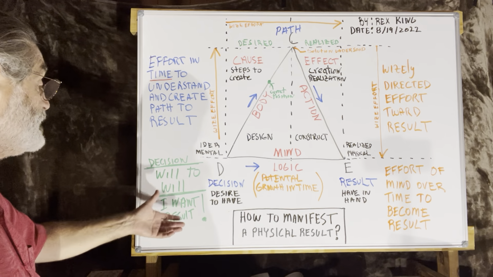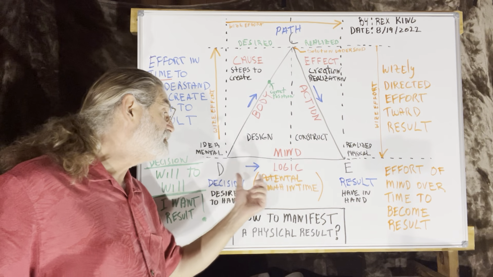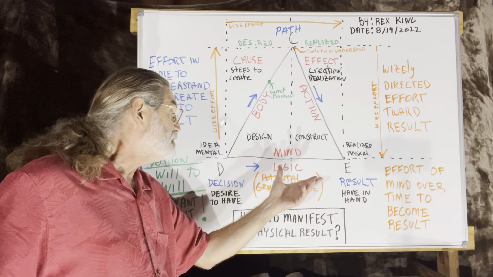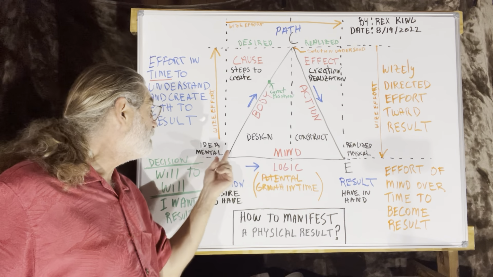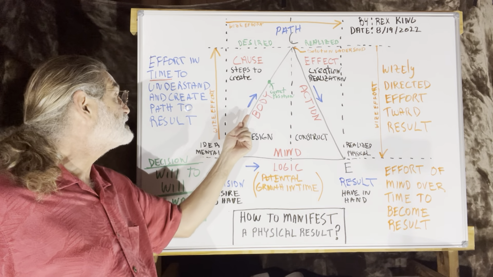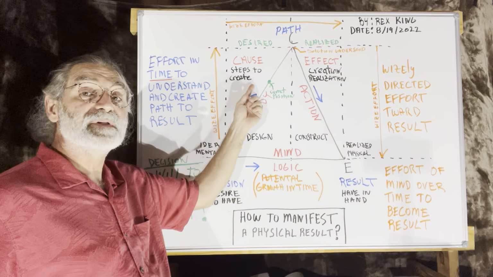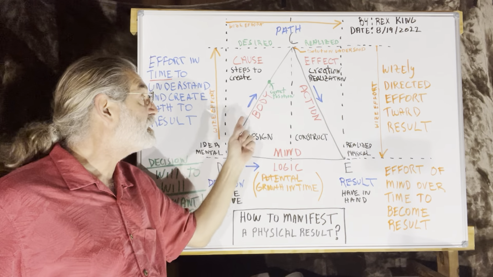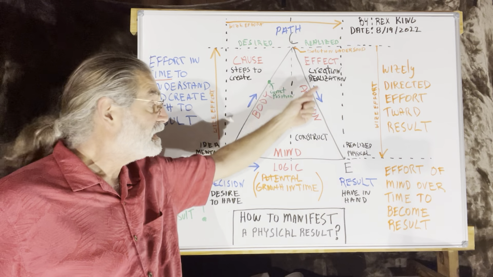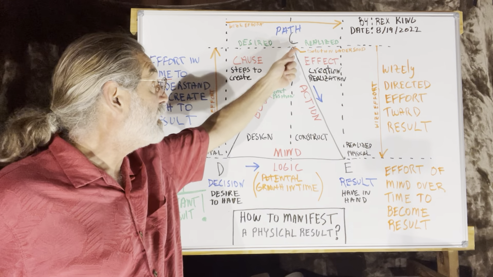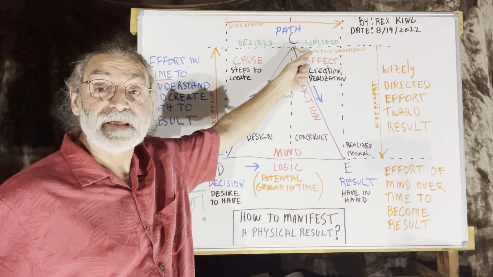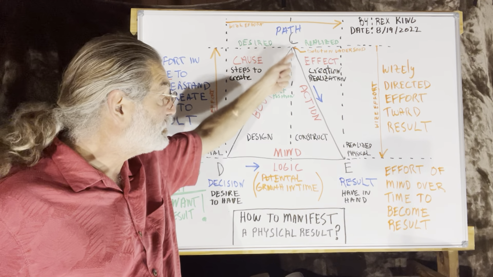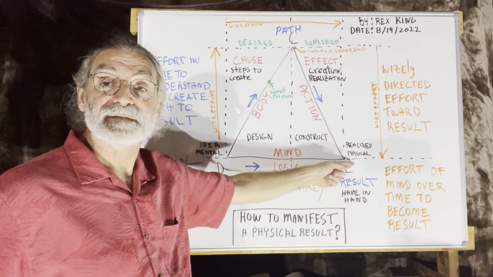You make a decision. What do you want? You see it. You visualize it the best you can. You begin to use logic on it. You contemplate, and you put wise effort into it to create the steps necessary to accomplish it, overcoming all the obstacles until a point where you actually can see the solution and see it in hand. And then at that point, you dedicate yourself to becoming wise.